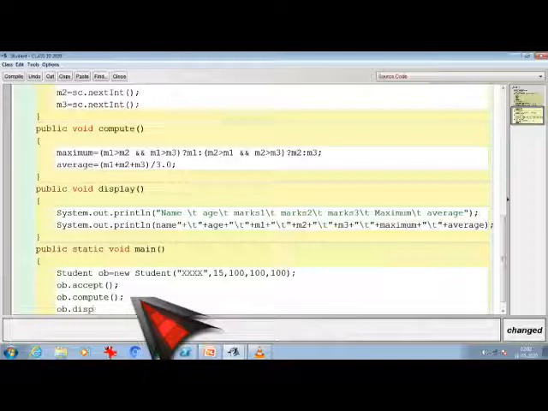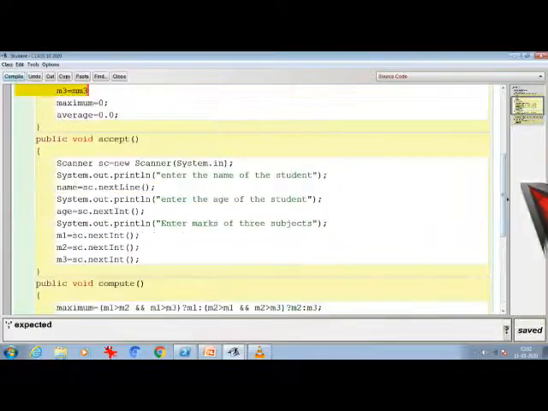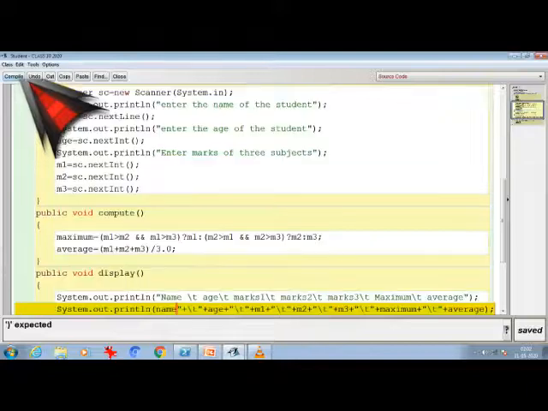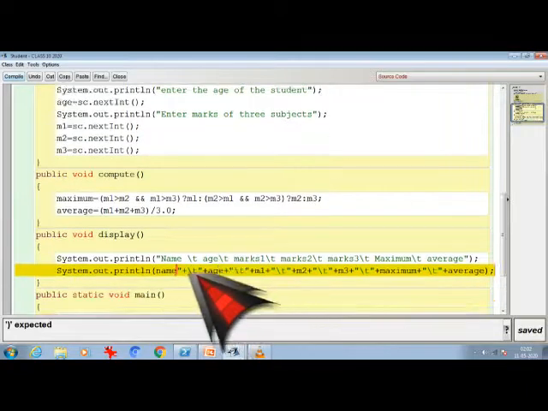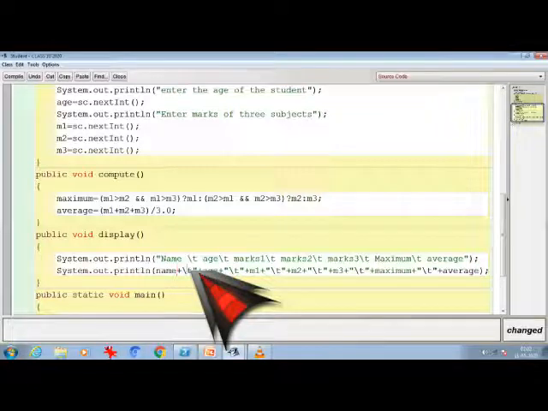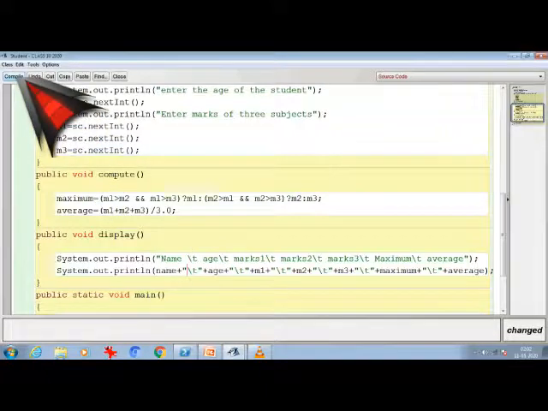Now closing it and checking for what errors I have. Here a semicolon I have missed out, and here after name this will not be there. This will be after the plus sign. So no syntax error.